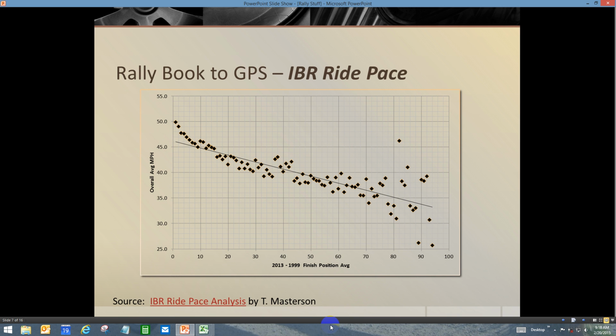And as you can see by this scatter diagram plot, this is the last 8 Iron Butt rallies by finishing position and average miles per hour for the overall average. It pretty well demonstrates that if you want to get on the podium, you're going to have to consistently ride north of 45 miles an hour overall. This is the gold area, and as you can see, the line just kind of goes down. That's based on a